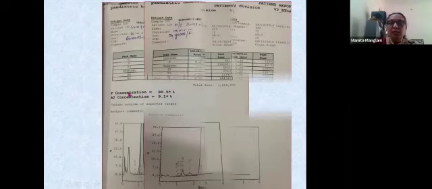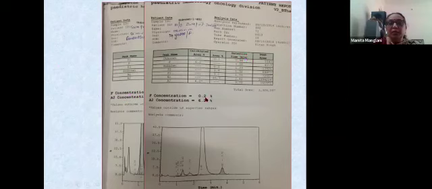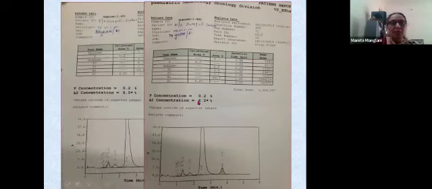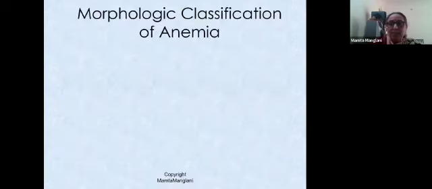And if you look at the parents, the mother had a 6.2 A2 concentration, that means thal trait, and the father also had a 6.5 concentration of A2, that means again a thal trait. So both father and mother are beta thalassemia trait, and the child is thalassemia homozygous. And this is how it's easy to make out on a CBC, if very wide RDW.